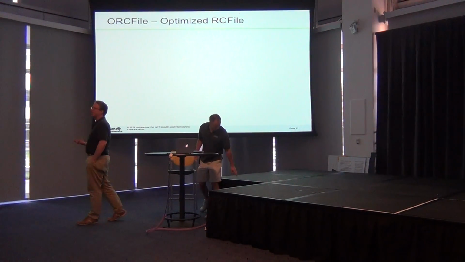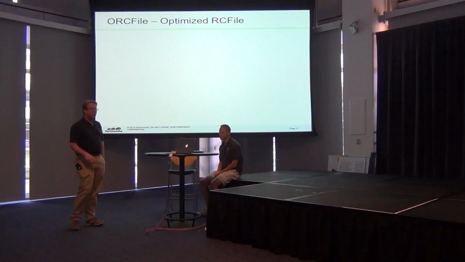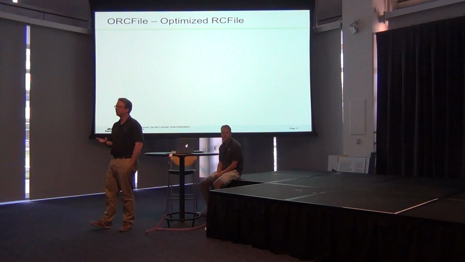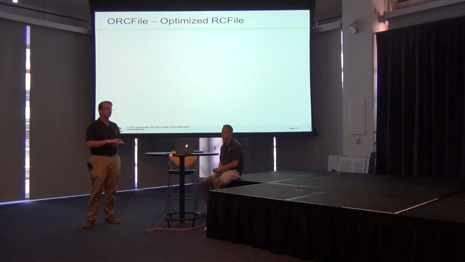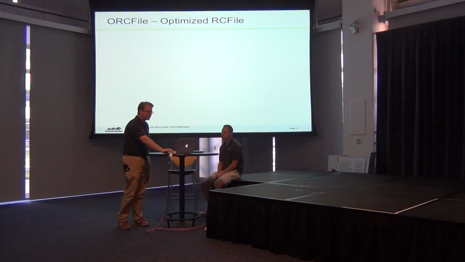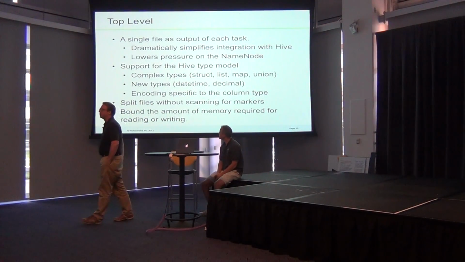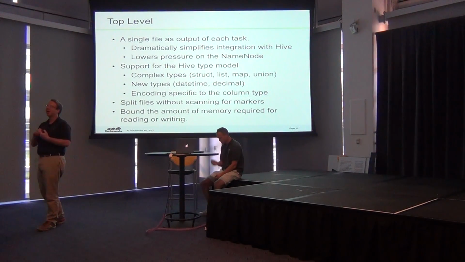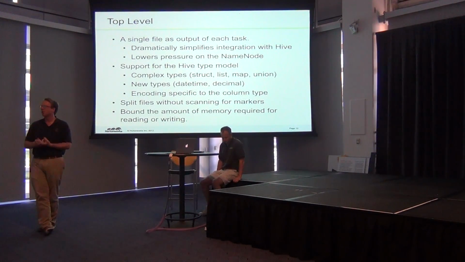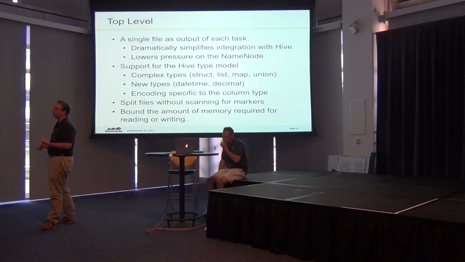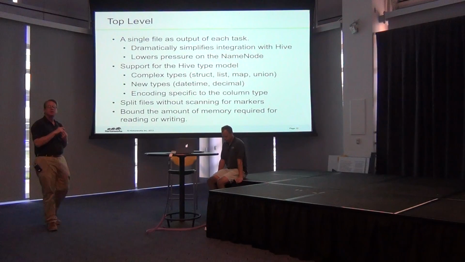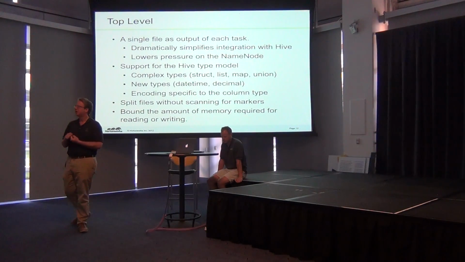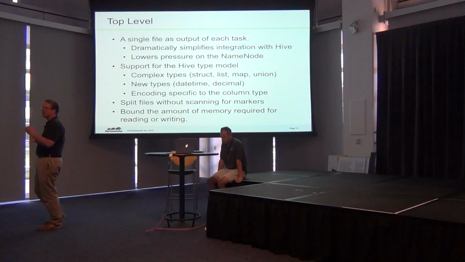And one of the things that we realized when we started working on Hive was that it has a built-in file format called RC file that stores your columns together. But we wanted to make some improvements for it. There were two main thrusts. The first is we wanted to get smaller data sizes. And the second one was we wanted to increase the speed that you were able to do queries against these files. And so the first one that we wanted to address was getting the size down.